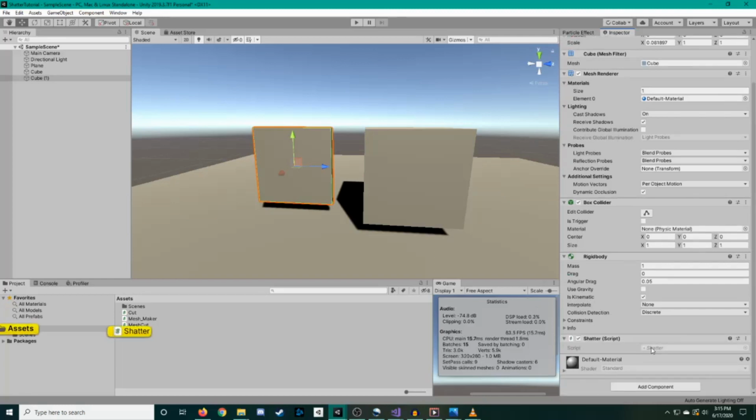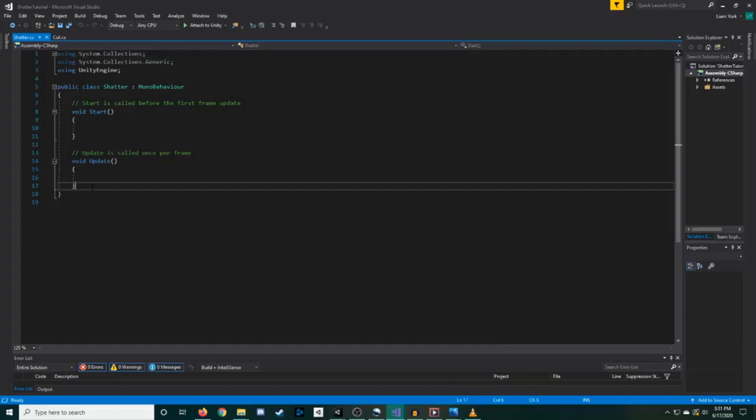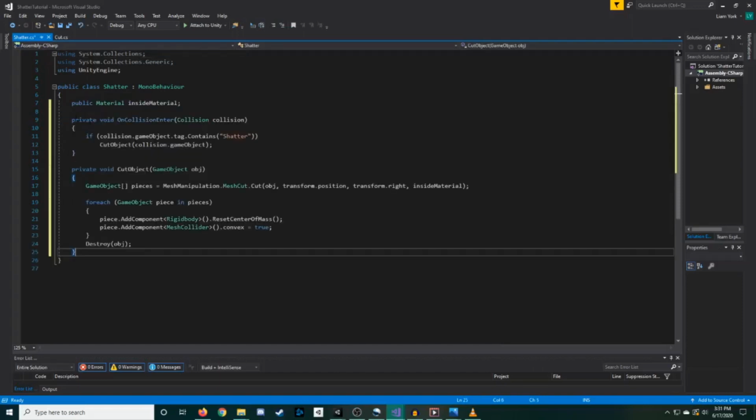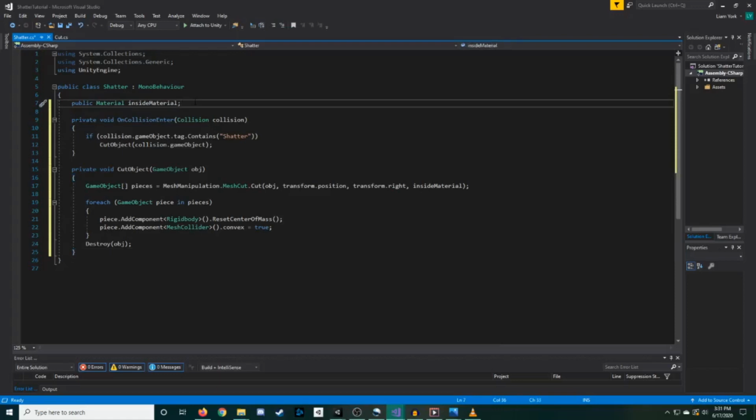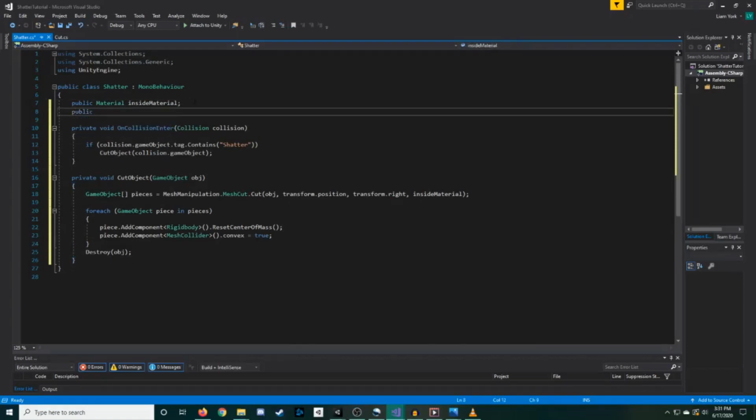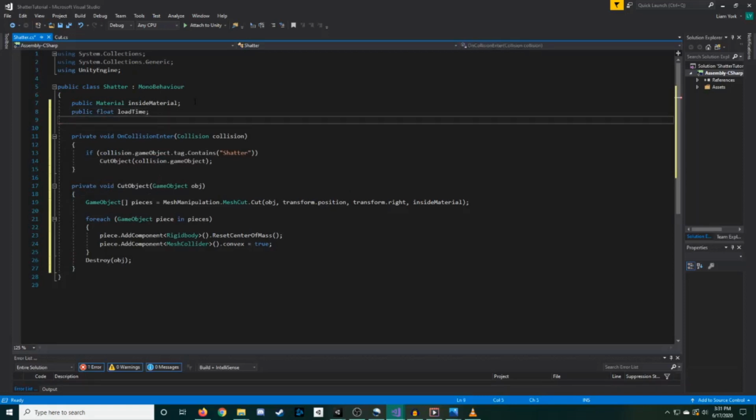Now we can go into our Shatter script. So for our Shatter script, I'm mostly going to copy and paste what we did for our cut script. And then the first thing we're going to do is add some new variables. So we're going to have a public float load time. I'll get to what that means later. And then I'll have a public float